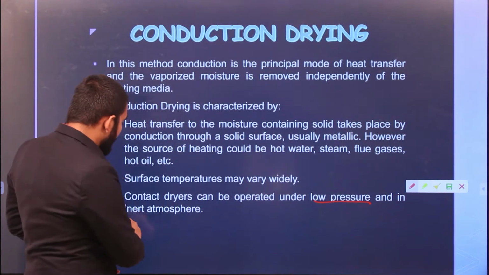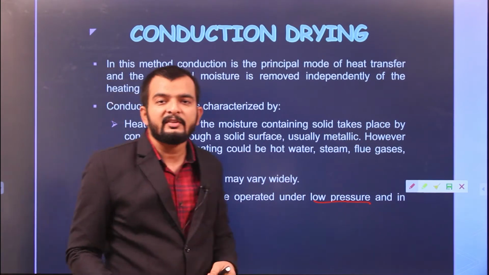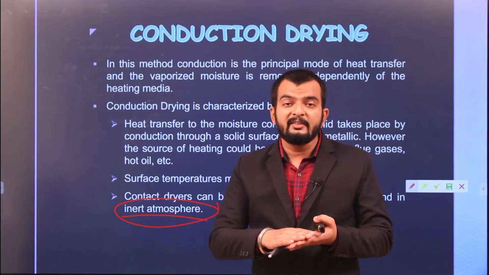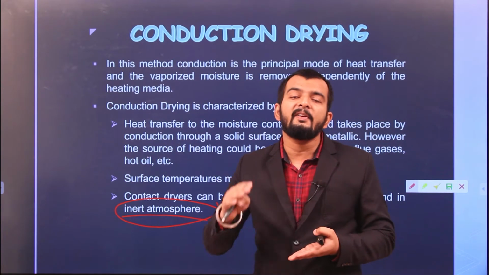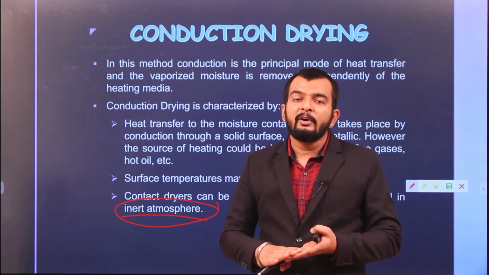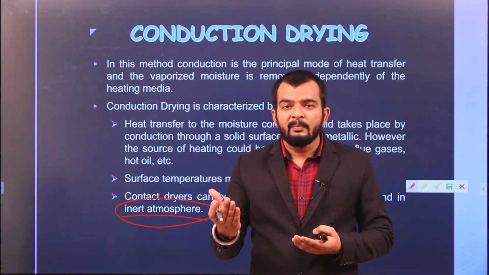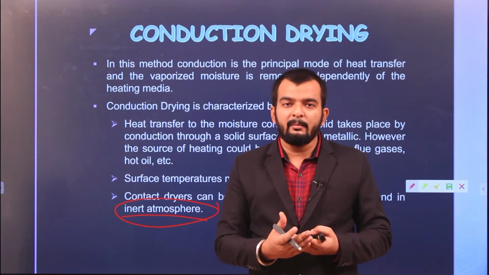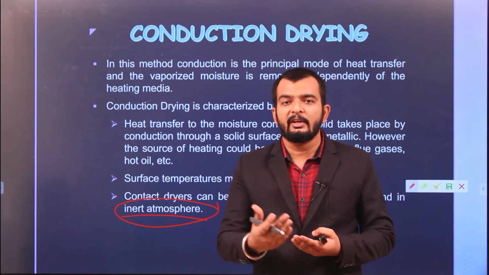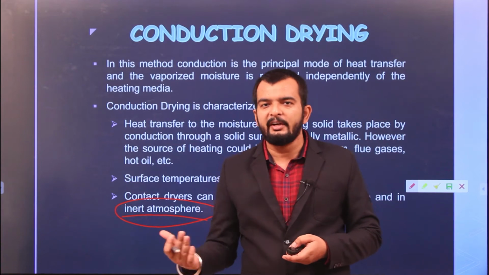Okay. Also, it can take place on an inert surface. An inert surface is in fact desirable. Why so? If the surface is inert, that is, the contact surface of the metal, it should be inert. It should not react with your metal. It should not react with your food particle. Moreover, the surface or the metal which is coming in contact with your food grains should be food grade metal, like stainless steel. It should be rust proof and should not be toxic. It should not impart any toxic particles to your food grains or any food material which you are drying.